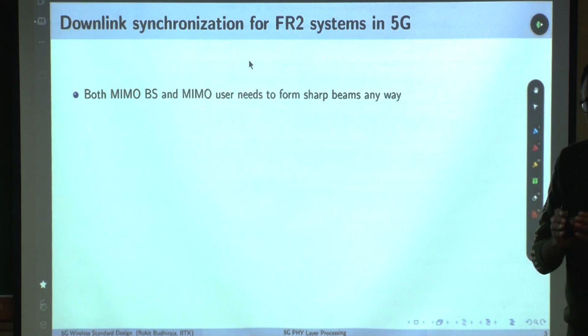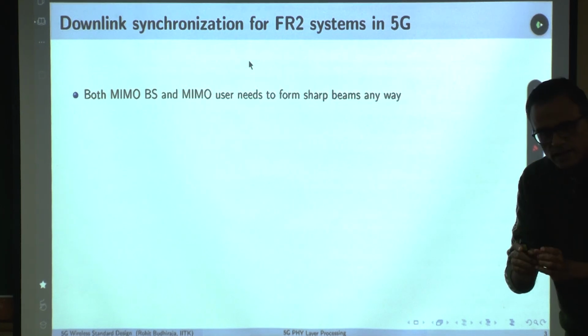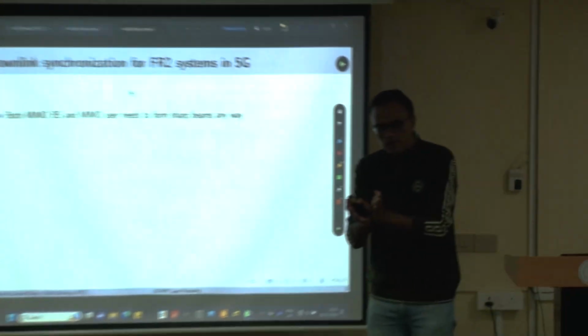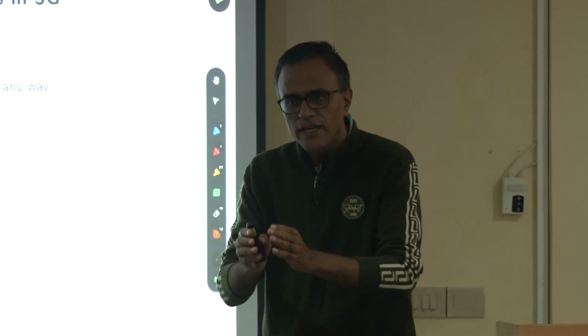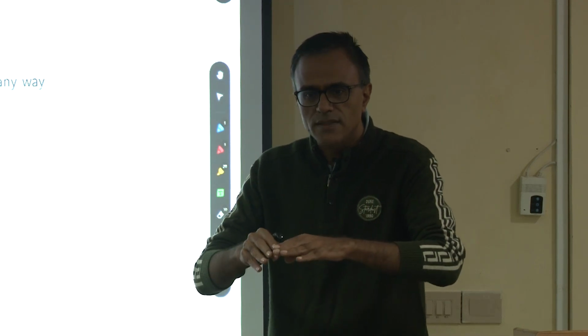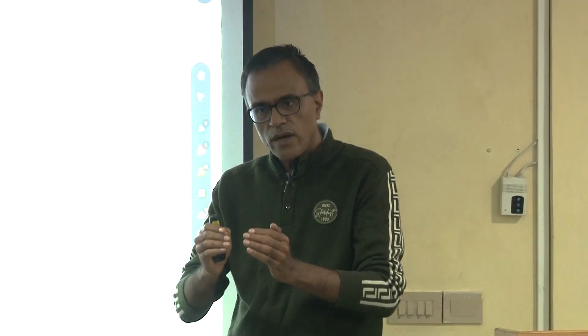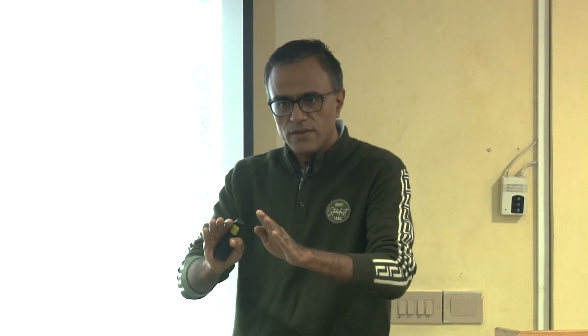Now, what we discussed in the last class was that for FR1 systems, the base station basically needs to broadcast the SS block. How it does that is, with multiple antennas, let's say 64, it uses special precoders to broadcast this SS block in all directions. Correct? Now that is done at the transmitter. After that, I have not told you how the user uses this information to do the frame boundary or slot boundary acquisition. I'll do that. But before that,